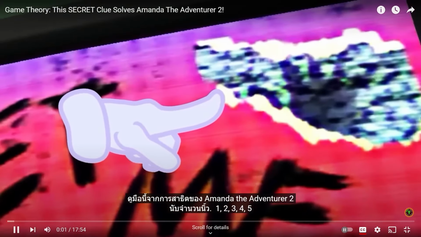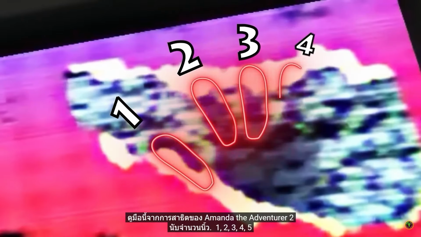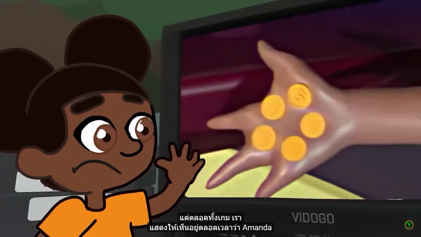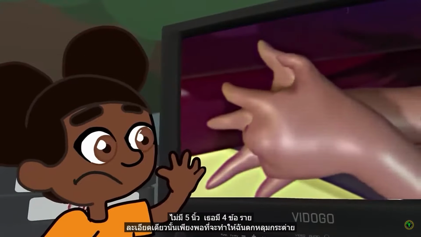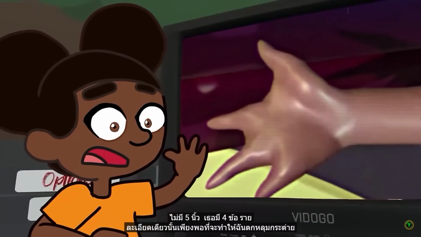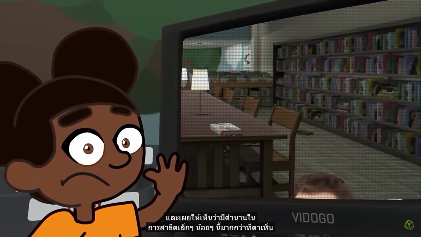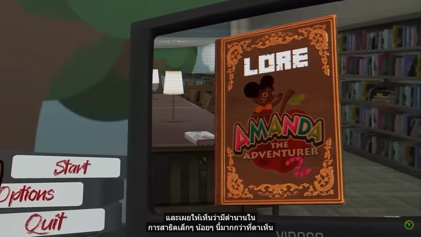Look at this hand from Amanda the Adventurer 2's demo. Count the number of fingers. 1, 2, 3, 4, 5. That might seem pretty unsurprising, but throughout the game, we are constantly shown that Amanda doesn't have 5 fingers. She has 4. That single detail was enough to send me down a rabbit hole and revealed there was more lore in this small demo than meets the